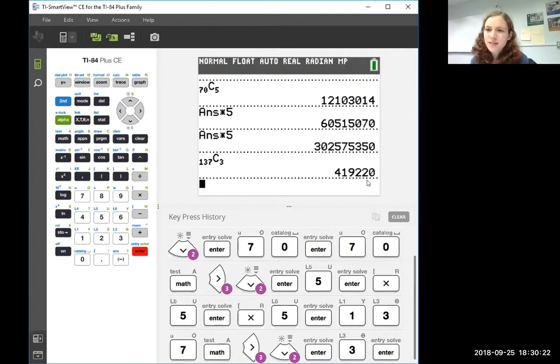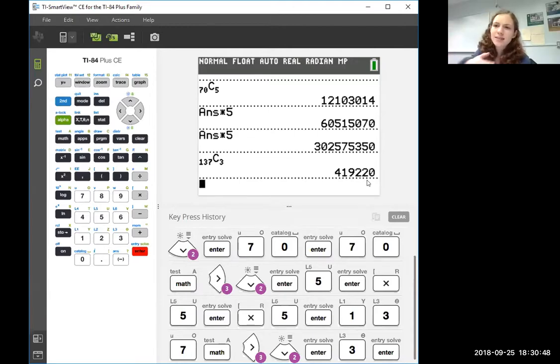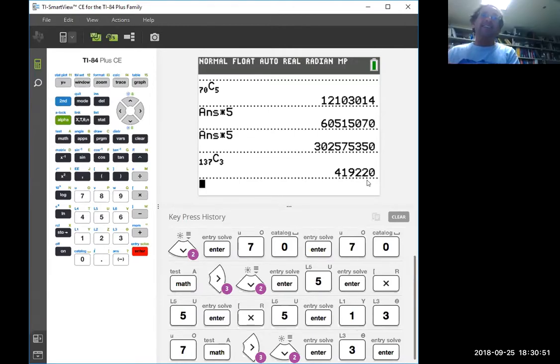Wouldn't you need a larger sample size, though, than just the years since? Look at the probability. Is that enough to raise a red flag? If you have a 1 in 419,220 chance of something happening and it happens, wouldn't you go, oh my God, something's weird? Actually, this is one where you don't need a large sample size. Actually, it's even smaller chance than winning the lottery. The reason I use this one as an example is the calculation's a little easier.